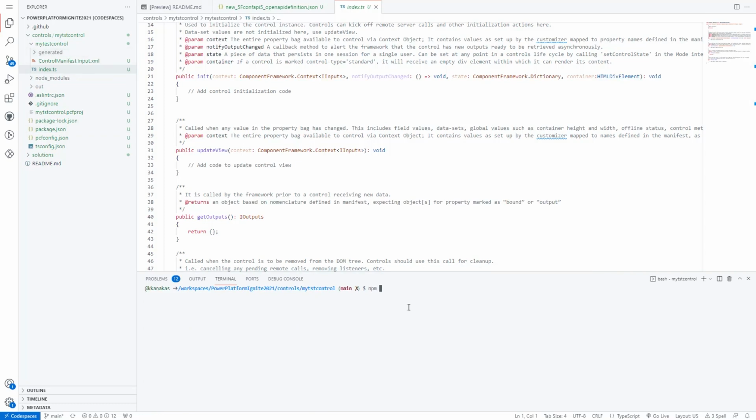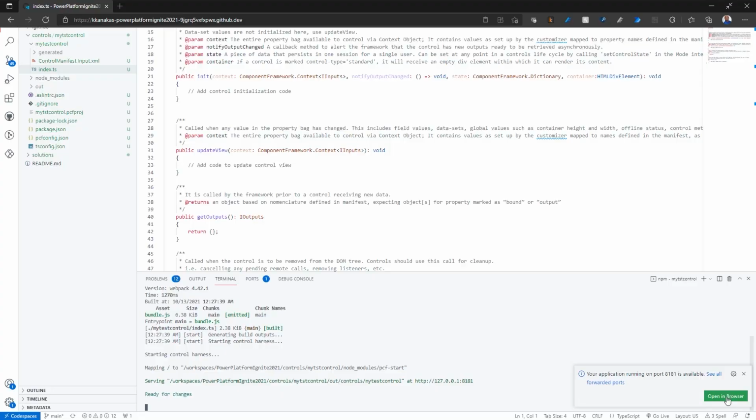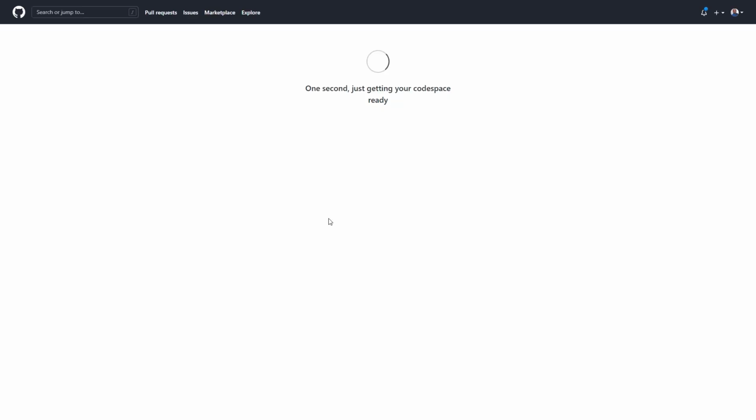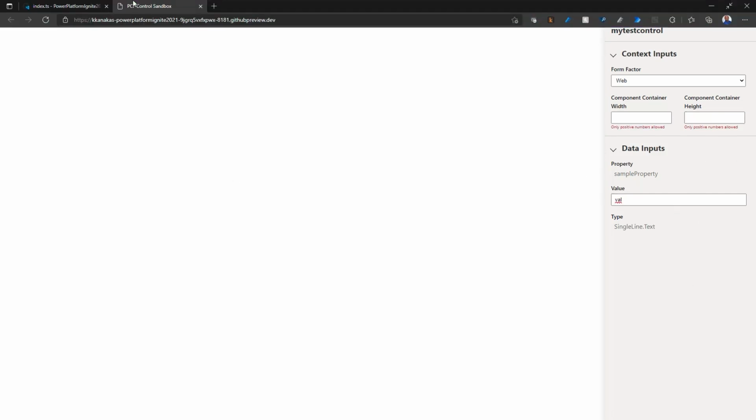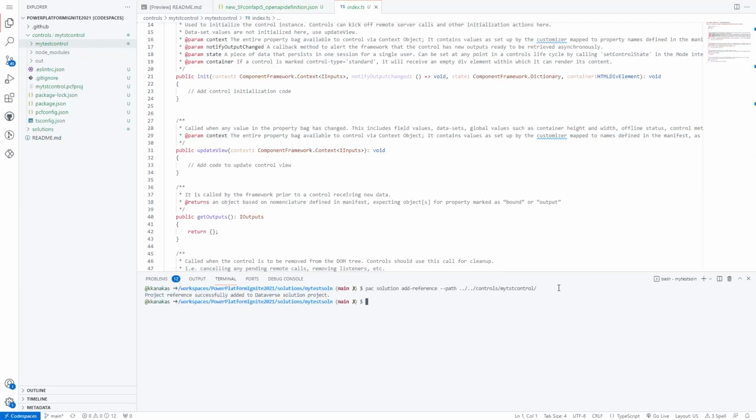So all I'm going to do here is, in this case, just start it, just to show you the fact that I can now, just like the way I would on my own workstation, start this PCF control. And look, as soon as I do that, I can now look at my PCF control right in the Power Apps Component Framework test environment. So my custom code components in this case are now available. And as you can see, it's running within my own browser here. All right, and there we go.